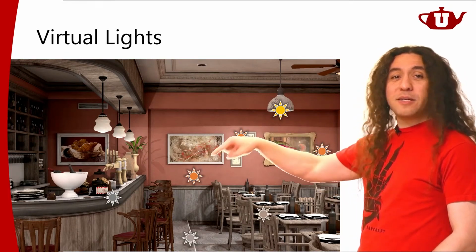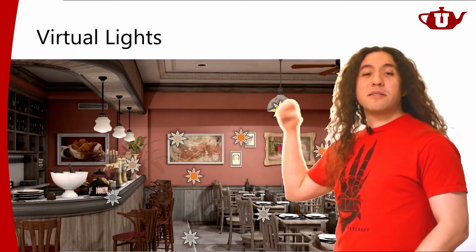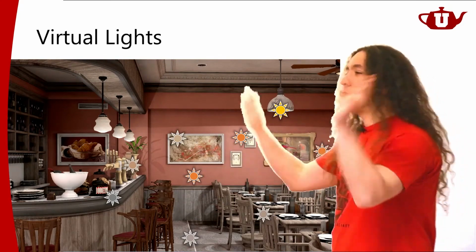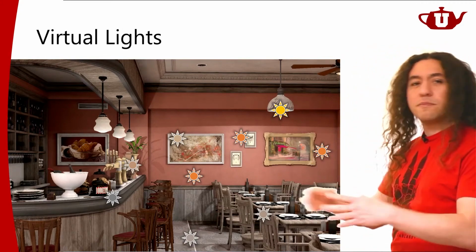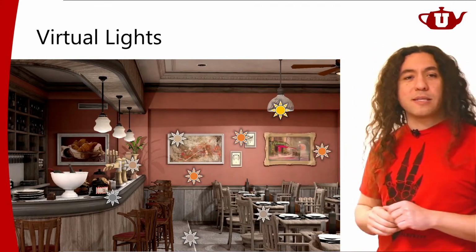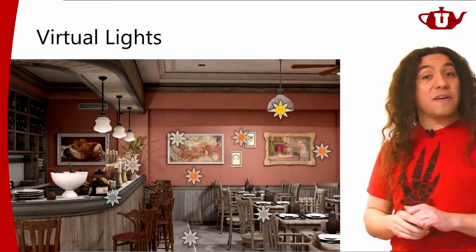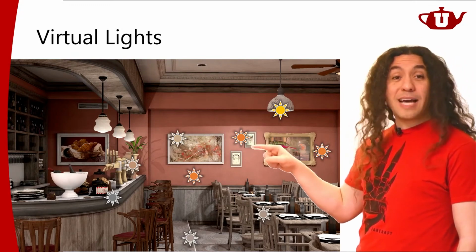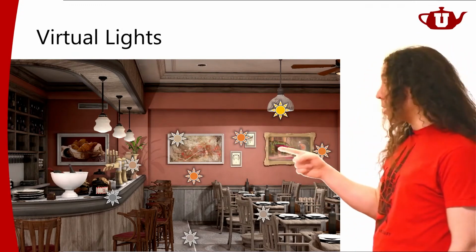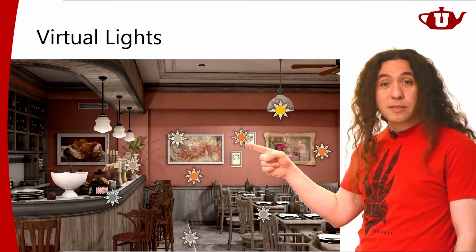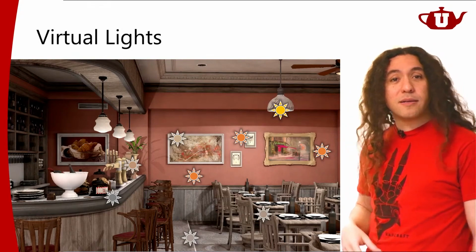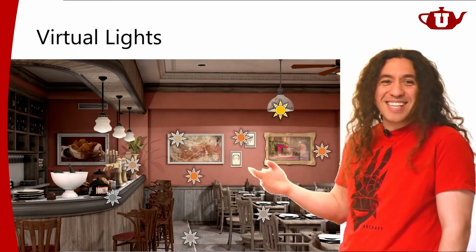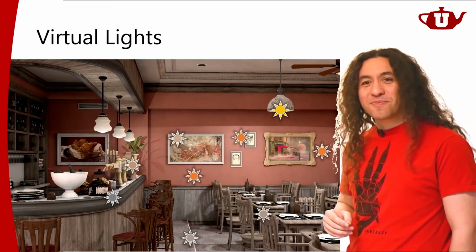I'm going to randomly traverse possible directions starting from my light source and find random points on the scene. I'm going to pick a certain number of points in the scene. I'm going to place virtual lights at those points. Now those virtual lights will represent the reflected light off of those points. So they're going to take the color of the surface that they're on, obviously, right? Because the color of a surface is the reflected light off of that surface. So it makes sense that they're taking the color of that surface, right?